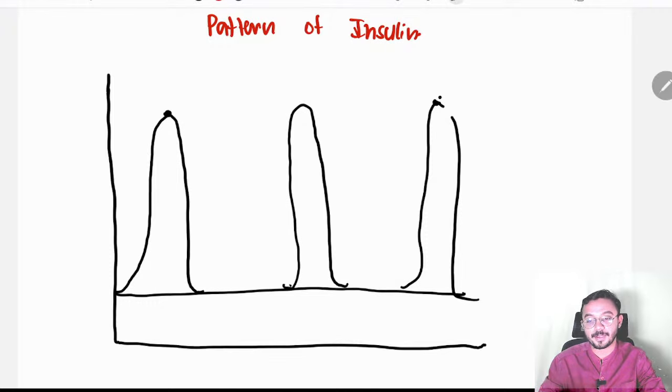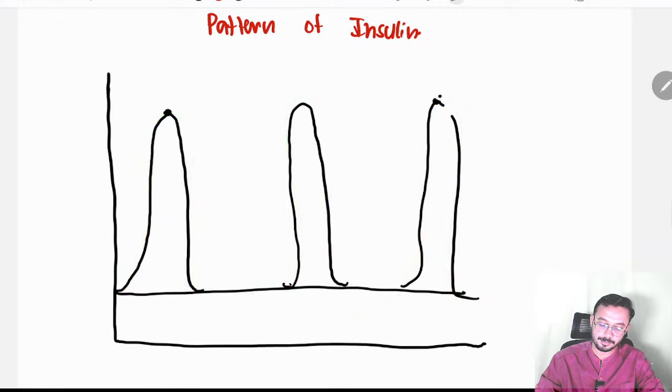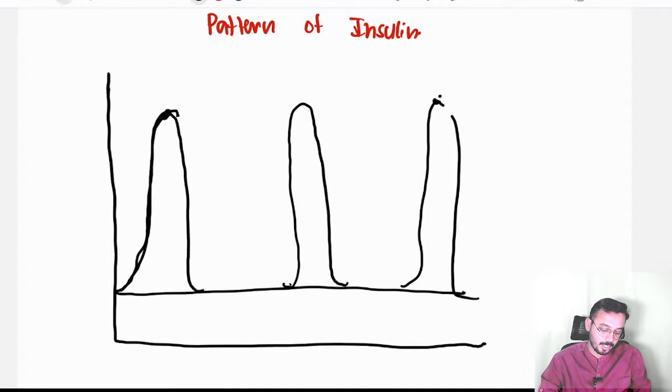I will explain what the basal or bolus dose is. Suppose imagine I am taking breakfast, and I am having lunch and dinner also. Whenever I take my breakfast, there is an increase in blood glucose. So the body will neutralize the blood glucose by secreting insulin. This is the function of insulin, no? To decrease the blood glucose. I took the breakfast, automatically my blood glucose level will rise, so the body will produce insulin, which will decrease the blood glucose.